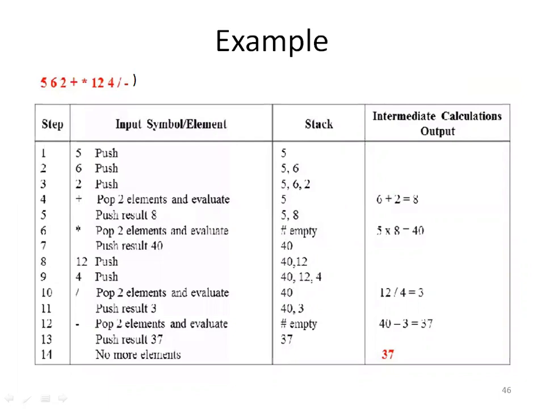So then scan the next symbol. What is the next symbol? Tell me. Star. Star means multiplication. So it is an operator. So if you find an operator, then what to do again? Tell me what to do if you find an operator. Sir, evaluate the two topmost elements. Yes, two topmost elements you have to pop. Evaluate means you have to pop from the stack. You have to remove the two topmost elements from the stack, and then you evaluate. And after evaluating, again you have to push the result.